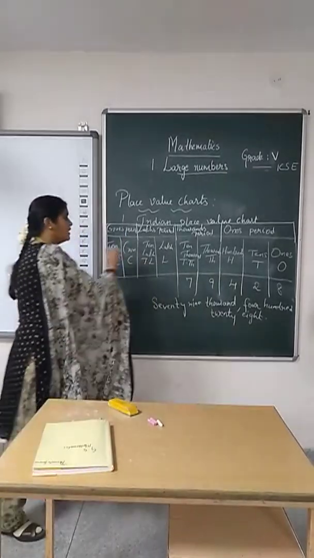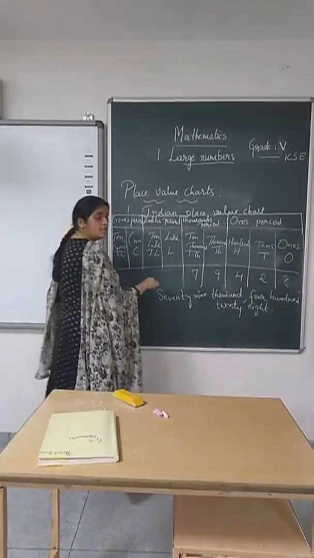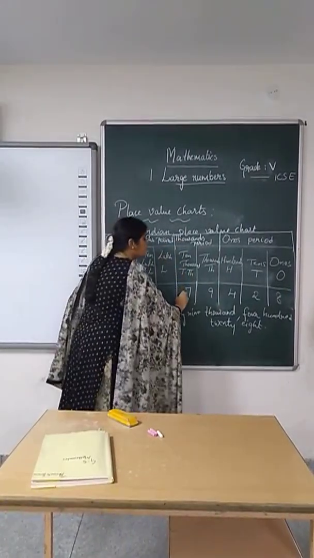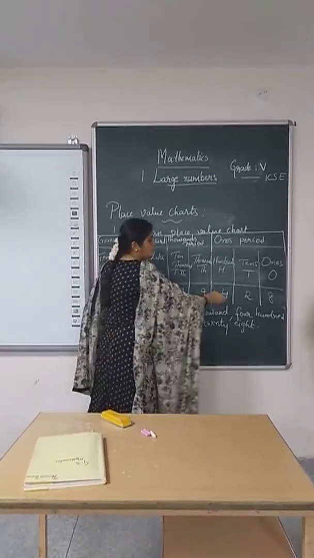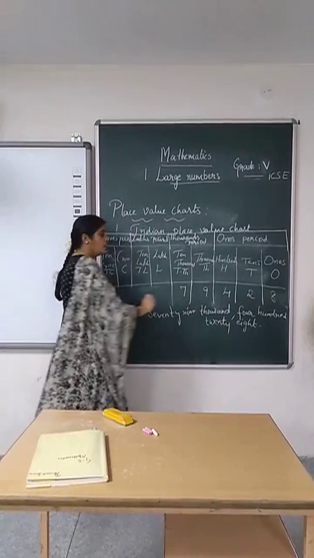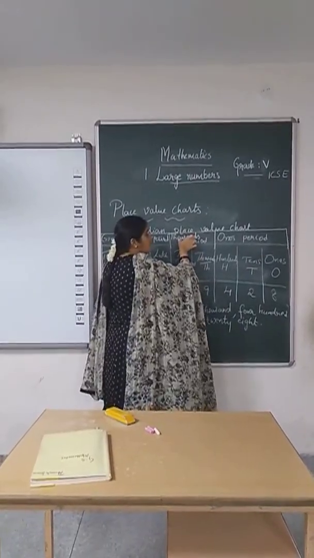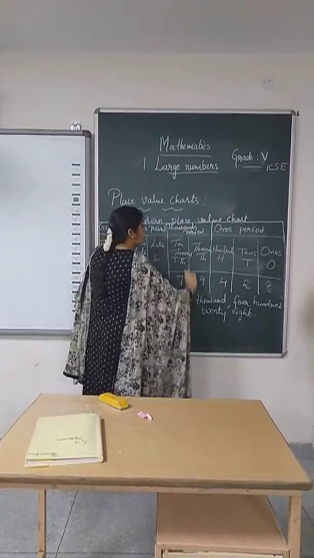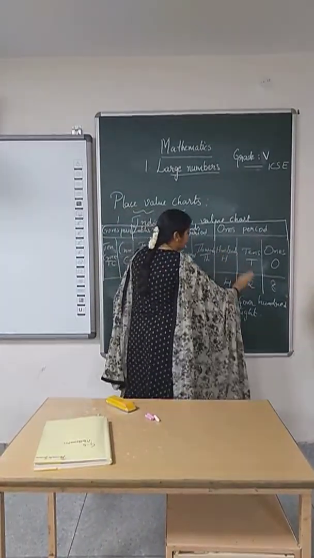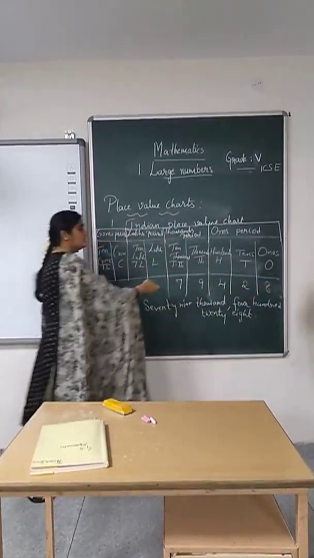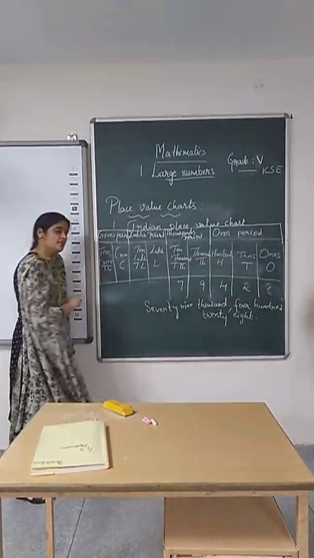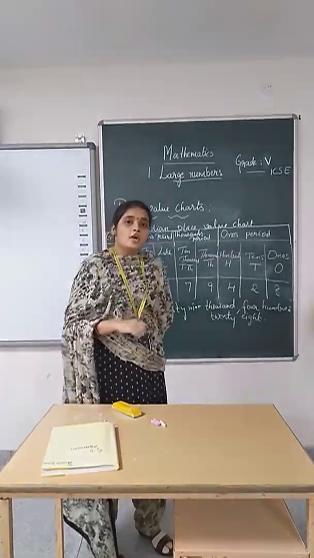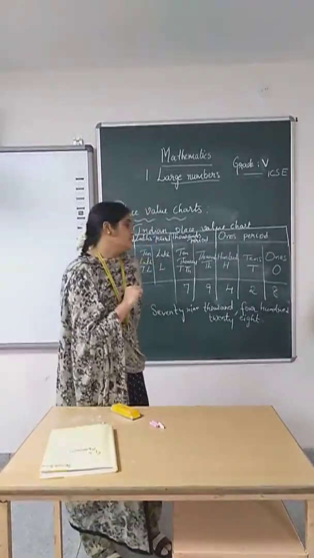So how to read this number: you need to read the period also. You just cannot say 79, 428. It is wrong. You need to quote the name of the period as well. So it is 79,428. This is how we need to read the number. You all might be knowing the method of placing commas according to the Indian system.